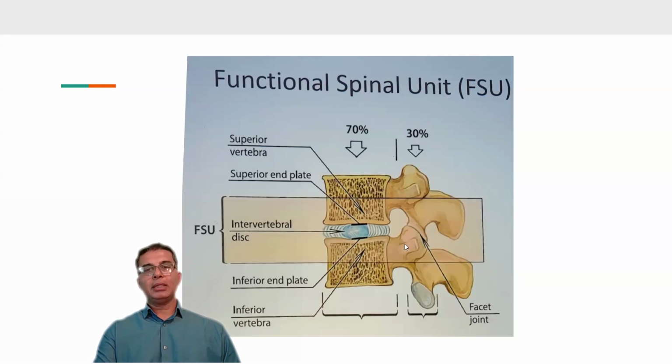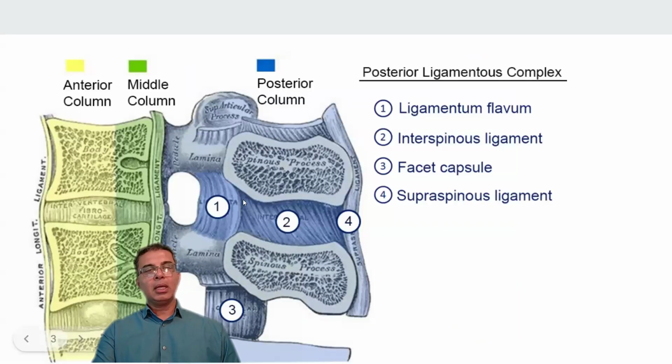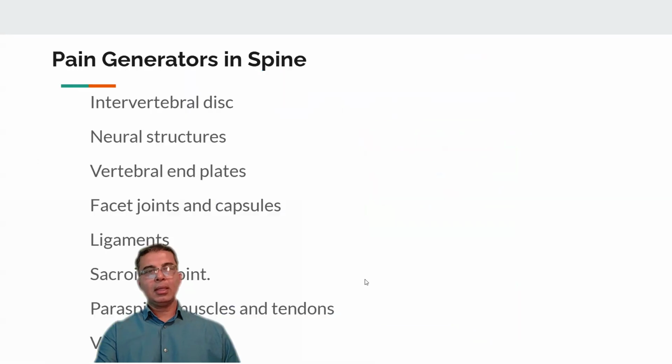The posterior compartment transmits about 30% of our body weight, and it mostly comprises facet joints, including the facet capsules, ligaments, and posterior spinal muscles. The most commonly pain-generating ligaments are the ligamentum flavum, interspinous ligaments, the capsule of the facets, and the supraspinous ligaments. So the pain generators, we talked about the disc, and then the neural structures, either dura or the nerve root. And then the structures are vertebral end plates, facet joints and capsules, ligaments, sacroiliac joints, paraspinal muscles, and tendons,